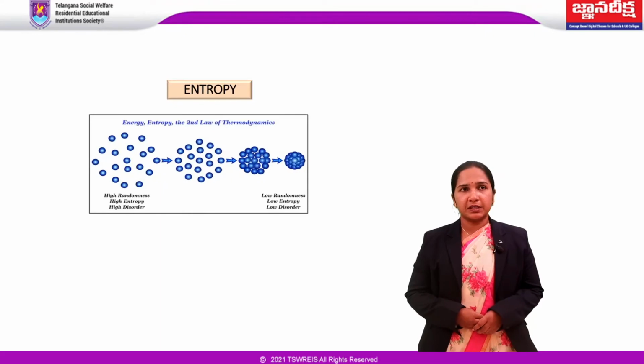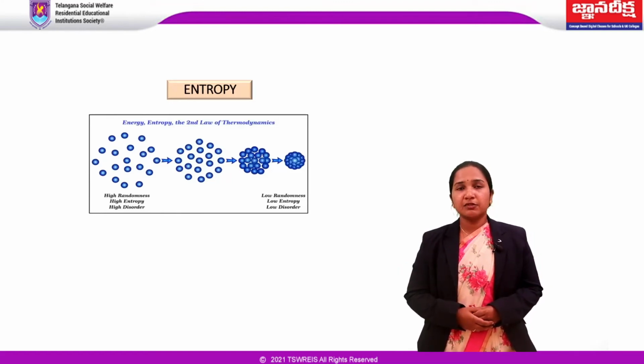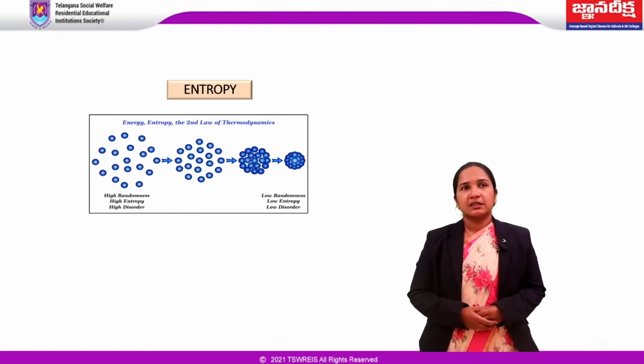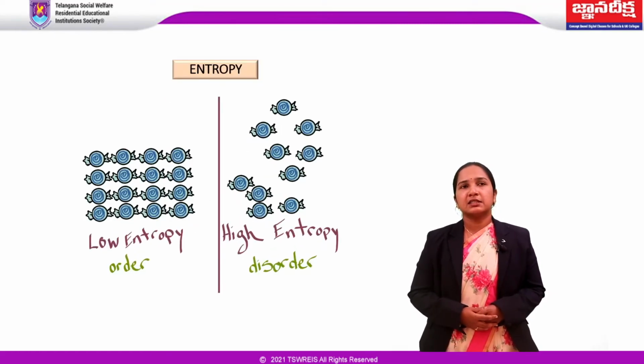Entropy. What is entropy? Generally, entropy is defined as a measure of randomness or degree of disorderness. So it is basically the disorderness of a system. This concept was introduced by a German physicist named Rudolf Clausius in the year 1850. In this picture, you can see the degree of disorderness. The degree of disorderness is high in the first and later on it decreases. This is another example of entropy where there is an increase in degree of disorderness.